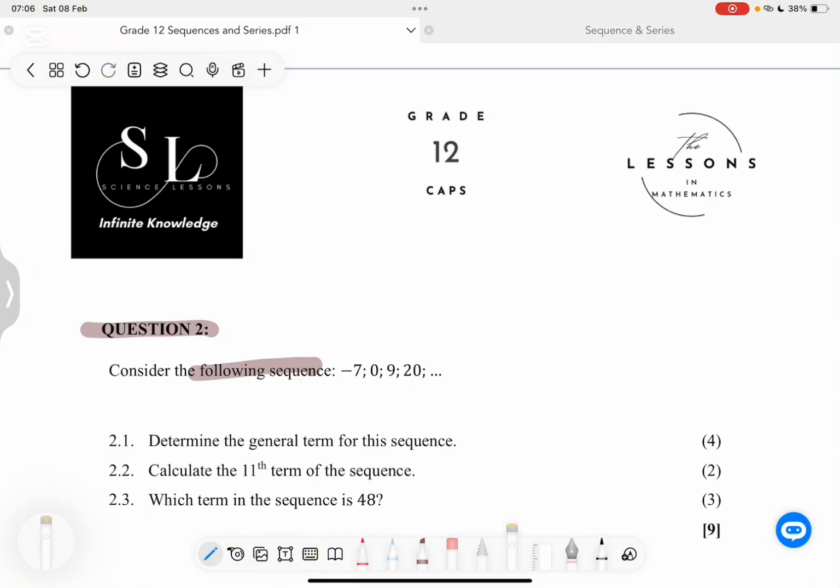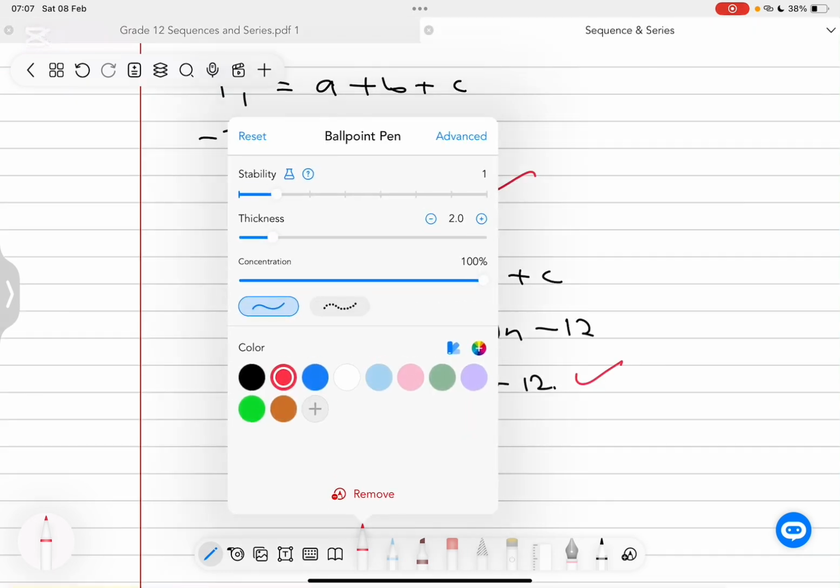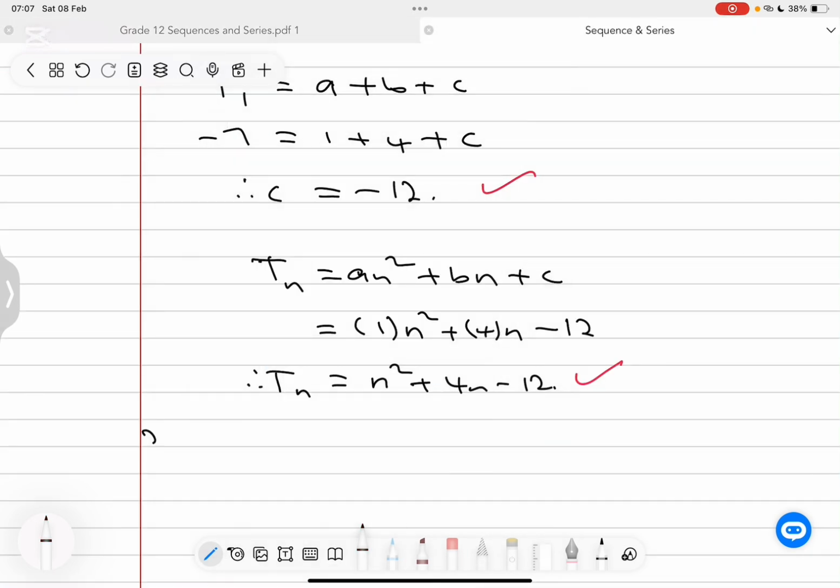The last question, 2.3, says which term in the sequence is 48, right? So we want to know which term in the sequence is 48. So this means I'm going to write here 2.3. We are saying that